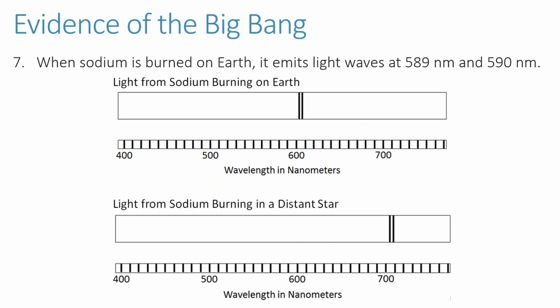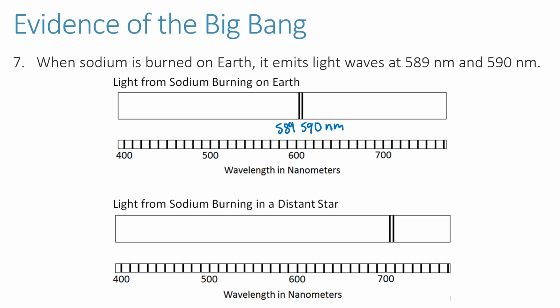So in question 7 here, when sodium is burned on Earth, it emits light at two wavelengths. One of these is 589 and the other is 590 nanometers. Have you ever seen those orange-yellow lights along the side of the highway? Those are actually sodium lamps, and they contain a little piece of sodium that when you excite it with electricity, those atoms start to emit light. And the reason it has that orange-yellow color is because the wavelength of the light that is emitted is at